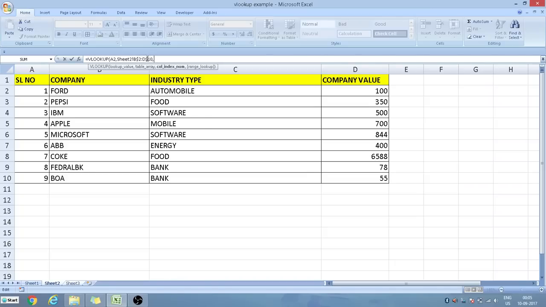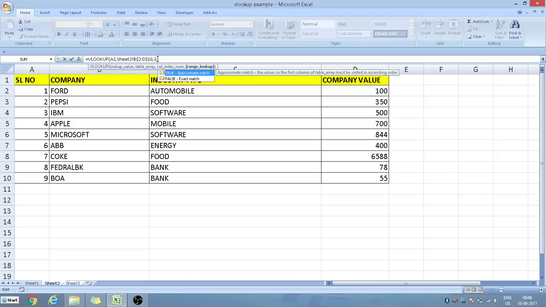Now see we have a temporary table, company, industry type and company value, and we are interested in the company value, so we will give the value of 3 because 1 will represent a company, 2 will represent industry type and 3 will represent the company value. So we will give the 3.